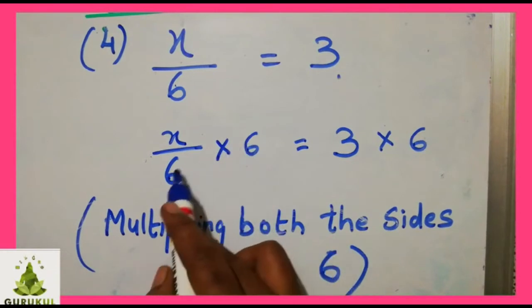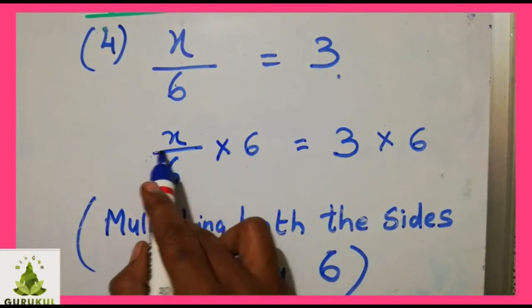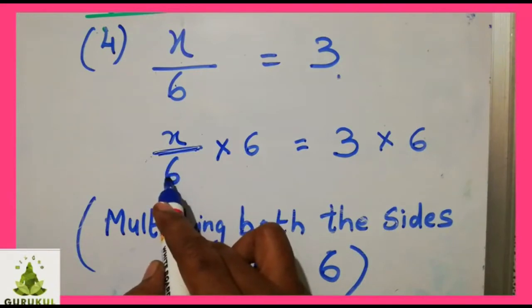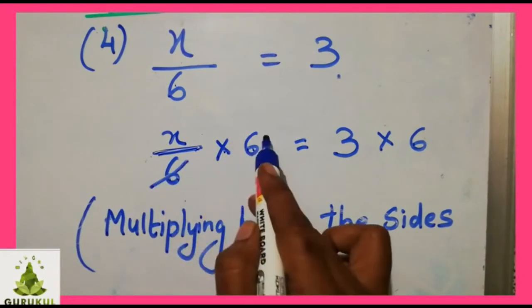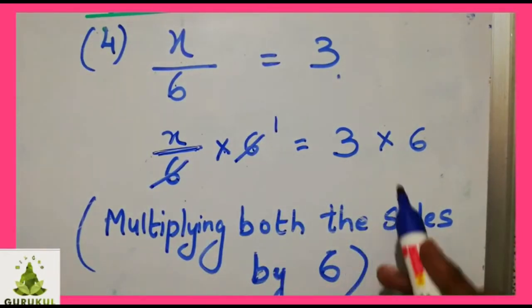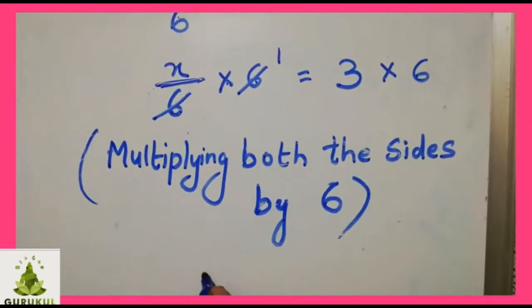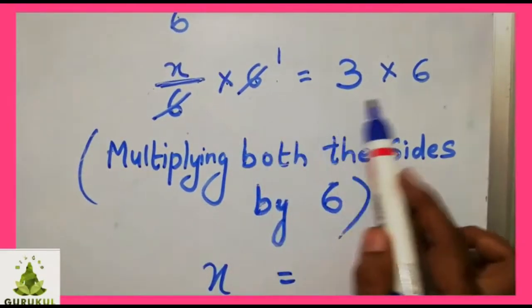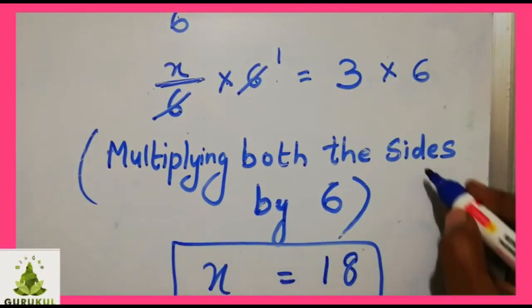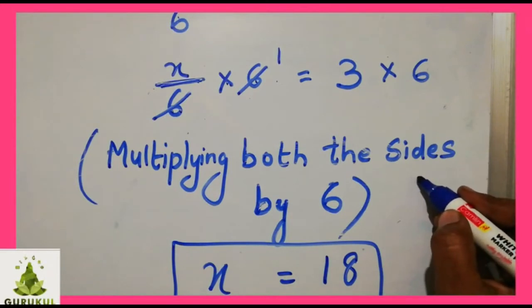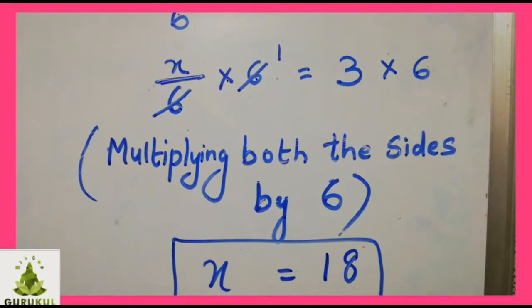So in division and multiplication, this way only I can cancel it. 6 is in division. To remove or cancel this 6 here, I can multiply by 6. So 6 ones are 6. So this got cancelled. What I got here is x into 1 remaining, equals 3 sixes are 18. So this is the solution for the equation. This is the step which is needed, multiplying both the sides by 6. Is this clear to you? Copy down this in your notebook. Which operation is there, that only you have to write. If you want to write the solution also, you can practice solving.